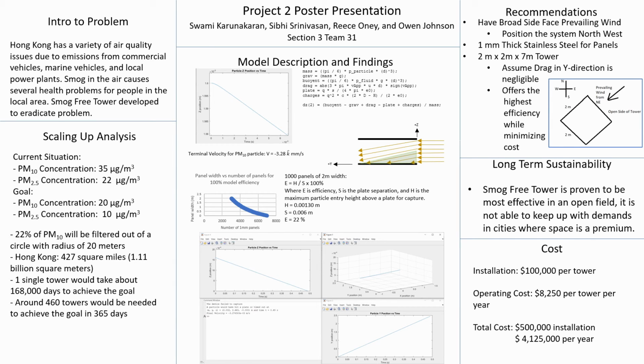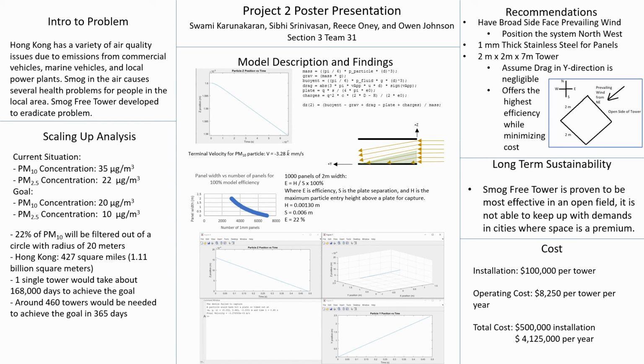The current situation in Hong Kong is as follows. There's a PM10 concentration of 35 micrograms per meter cubed and a PM2.5 concentration of 22 micrograms per meter cubed. The goal is to have a PM10 concentration of 20 micrograms per meter cubed and a PM2.5 concentration of 10 micrograms per meter cubed. Using the efficiency from the model and data from outside sources, Team 31 was able to